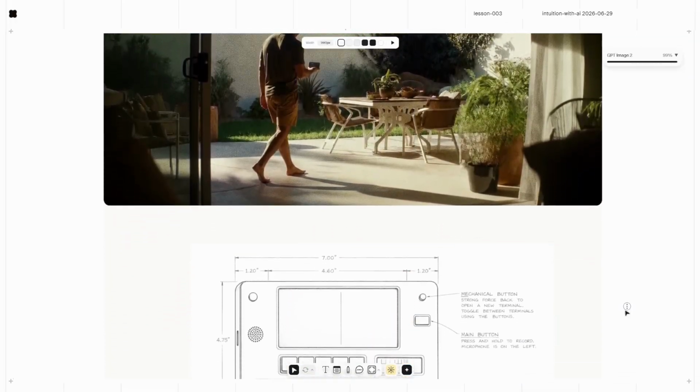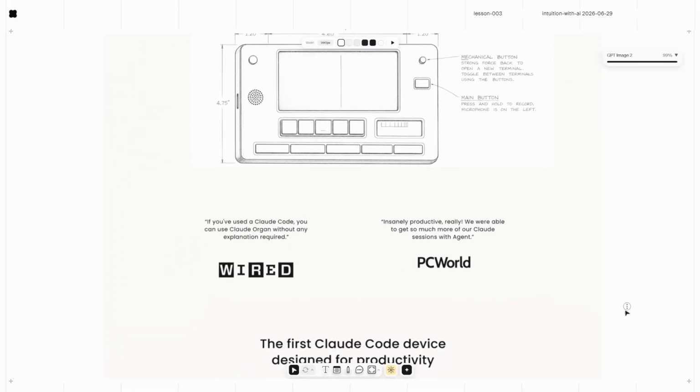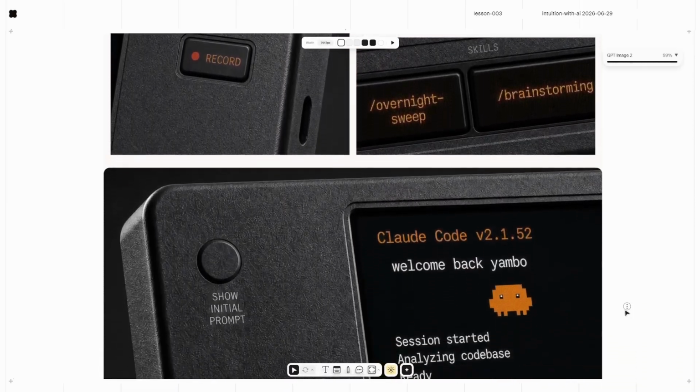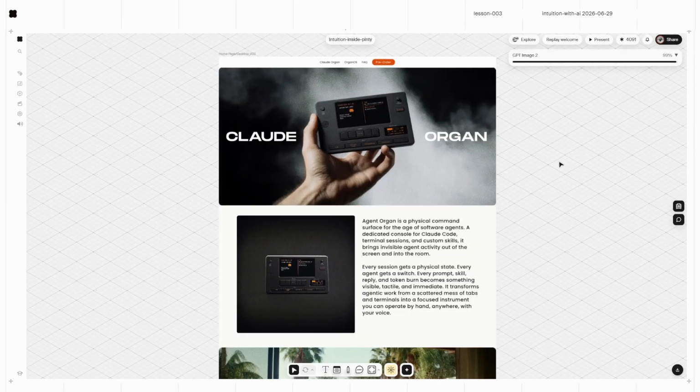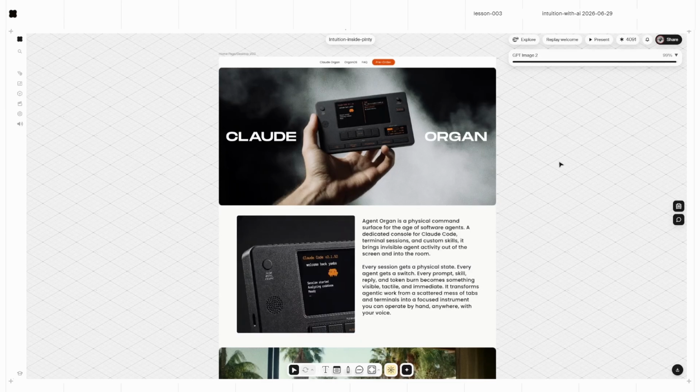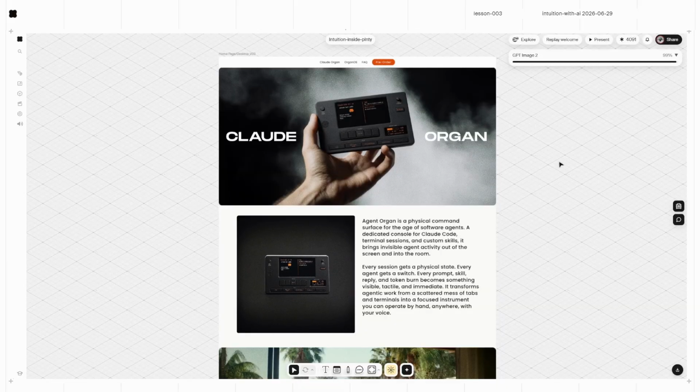So we got a device mocked up from the ideation phase, executed using different AI models. The intuition with AI is really what I want you to take from this lesson. Learning when to release, where to insist more, which model to choose in which scenario, and eventually collecting everything into a